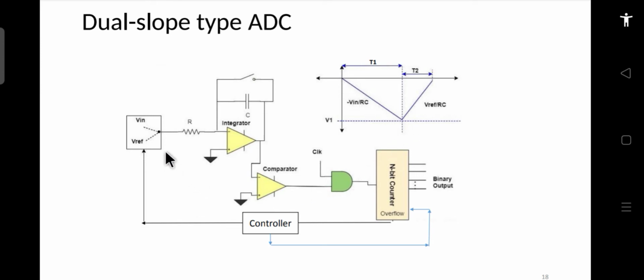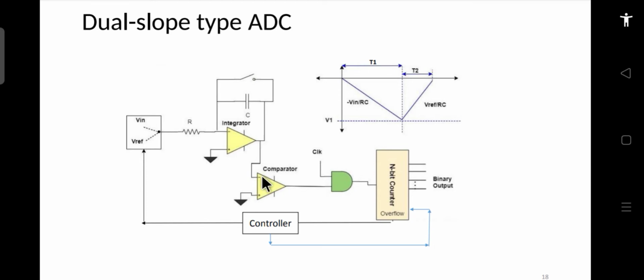Now, you see this is positive and the output of the integrator is negative, because the output of the integrator is minus Vin upon RC. So when this voltage is positive, the output is negative.